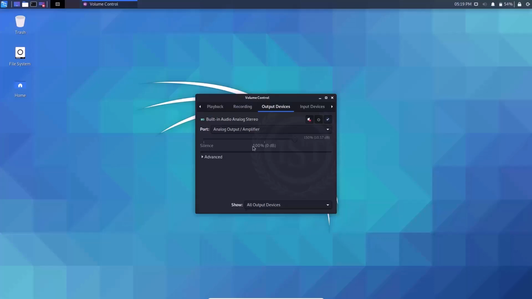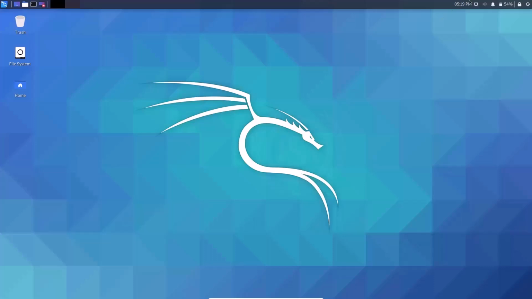So here let me close this volume control dialog. This box-like icon is the network manager settings. You can see wired and VPN connections. Now that's the system time and calendar, and in the top left corner you can see the Kali Linux logo, then the minimize desktop icon. And next we have a drop down to go to user Kiran's home folder, under which you can